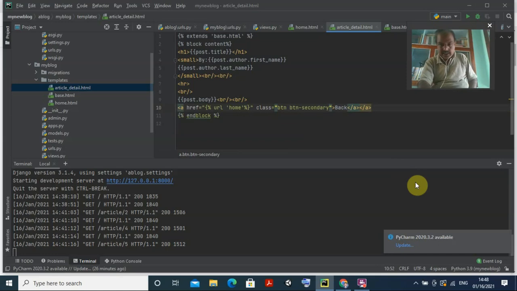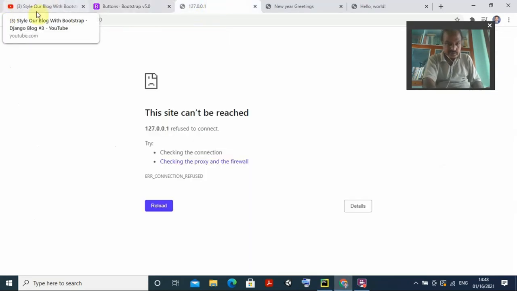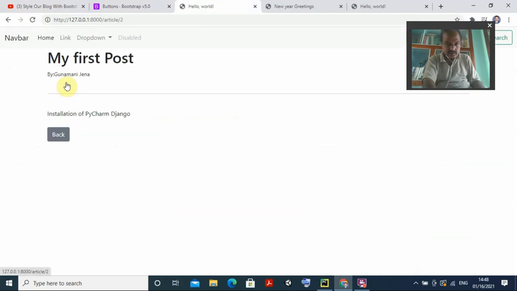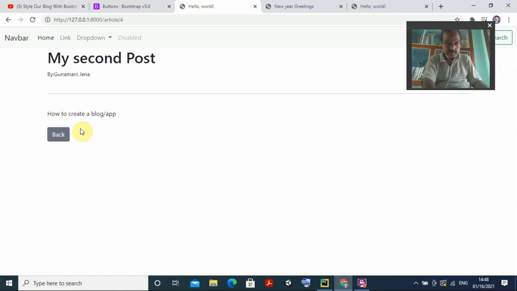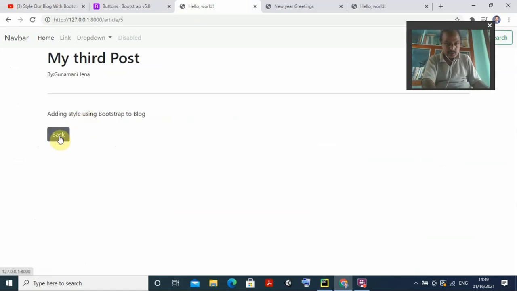If you remember all the things, and here another thing is that we put it here and save it, Control S. Once you have saved all the things, now I go for running this program. Just go there and reload this thing. By reloading, if you see it here, it is coming. You go back to my post, it is still coming, and the back button has already come. I go to the second post also, it is coming nicely, and back. I go to the third post also, it is coming. So I go back, everything is fine.